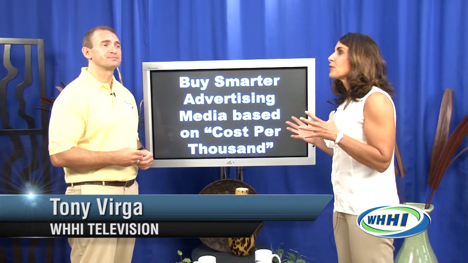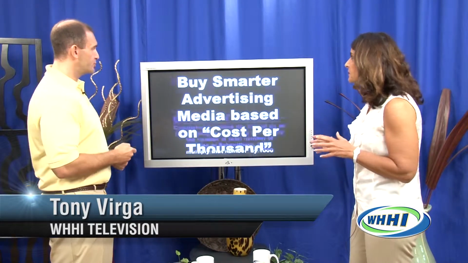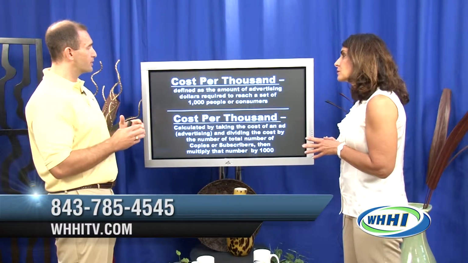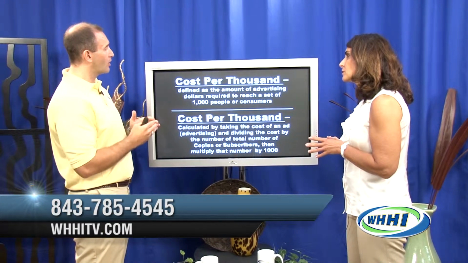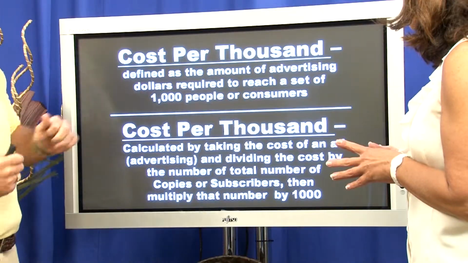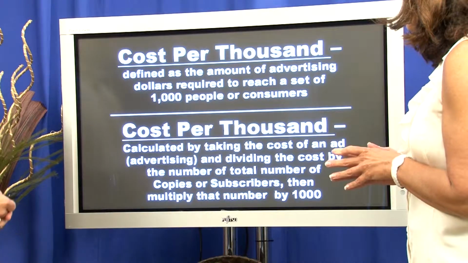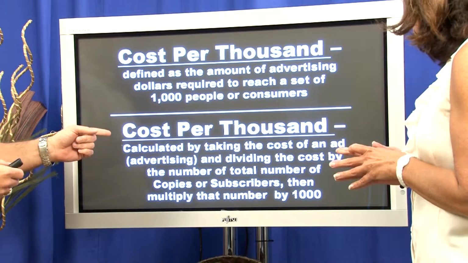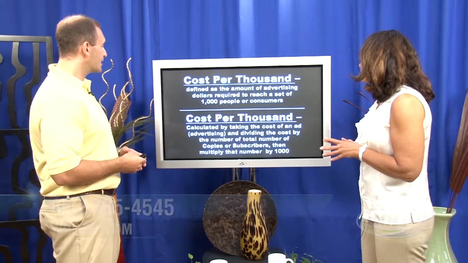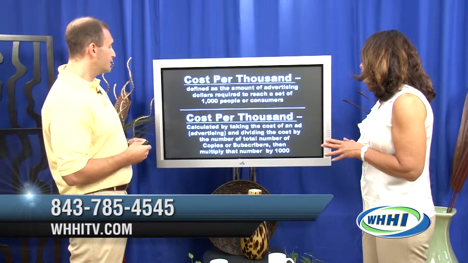So when you say buying smarter media based on cost per thousand, tell me what you mean by cost per thousand. Sure, you bet. Cost per thousand is a way to look at how you're buying your media, as opposed to how much it costs to buy every 1,000 persons or set of eyes. It's defined as the amount of advertising dollars required to reach a set of 1,000 people or consumers in this particular case. The cost per thousand is calculated by taking the cost of an ad, whatever you pay for your advertising, and dividing that cost by the total number of copies or subscribers,